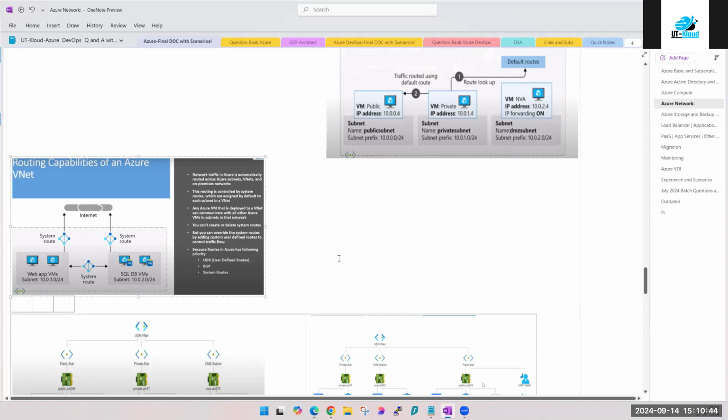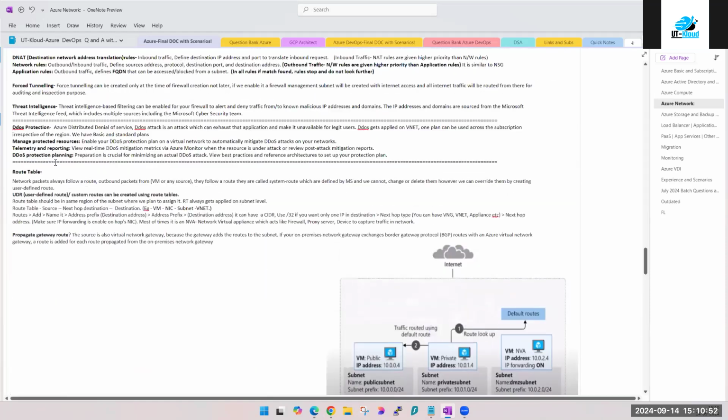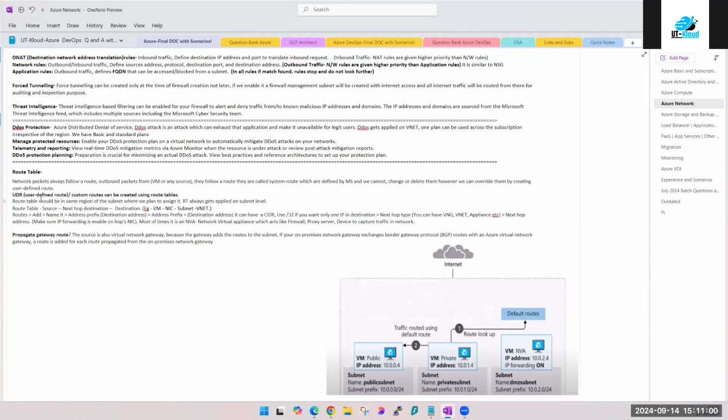Okay, let's proceed then. We have already spent 5 minutes in discussing, so let's start with the topic. UDR, which is user defined routes. We have already seen why we use it, and we checked the hub and spoke model, right? But how to create a UDR, that we have not seen as a practical. Where to use it, how to use it, we have done that already in our previous session. So I hope you guys do not have any doubts.